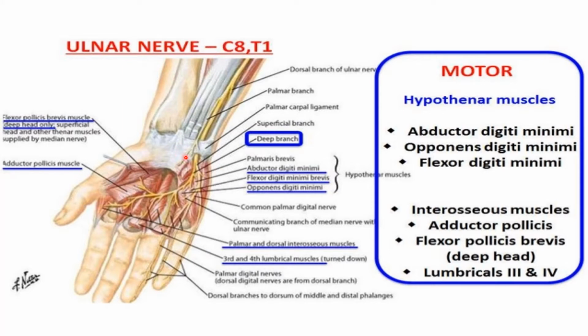Just proximal to the wrist, the ulnar nerve gives off a palmar cutaneous branch. This is the palmar cutaneous branch which you see, which passes superficial to the flexor retinaculum and palmar aponeurosis, and it supplies the skin on the medial side of the palm. And this is the dorsal cutaneous branch of the ulnar nerve. It supplies the medial half of the dorsum of the hand. It goes back and supplies the dorsum on the medial side of the hand, the fifth finger, and the medial half of the fourth finger.